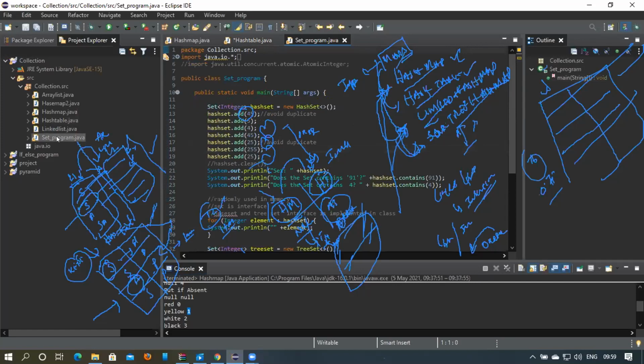So these are the basic differences between a hash map, the linked hash map, and the tree hash map. And then we have the hash map and hash table. The older version of the hash map is the hash table. Nowadays we are not using the hash table at all; we always use the hash map. We discussed the differences between a hash map and a hash table, then the difference between the hash map and the linked hash map, and the tree hash map. Did you understand this, or any questions?